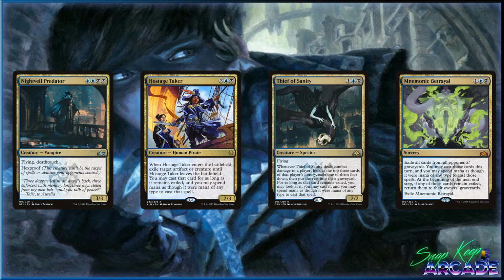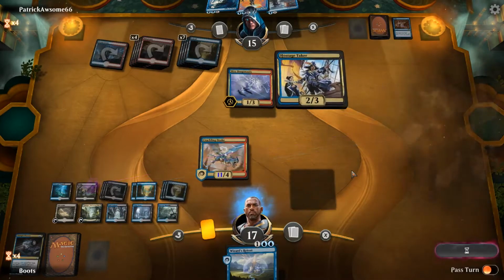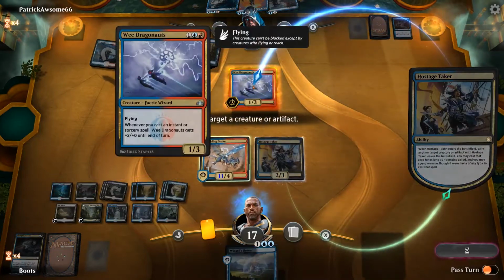House Dimir also plays a Nightveil Predator, Hostage Taker, Thief of Sanity, and Mnemonic Betrayal. Nightveil Predator is very powerful in the deck. It's a great counter to hexproof creatures like Vinemare and Carnage Tyrant, and does a great job on defense while you work towards inevitability. Hostage Taker and Thief of Sanity are great sources of card advantage, and in Hostage Taker's